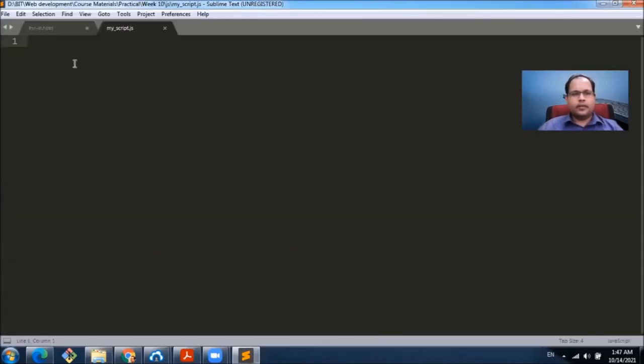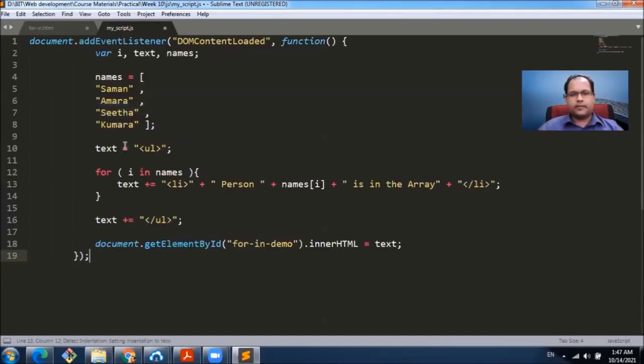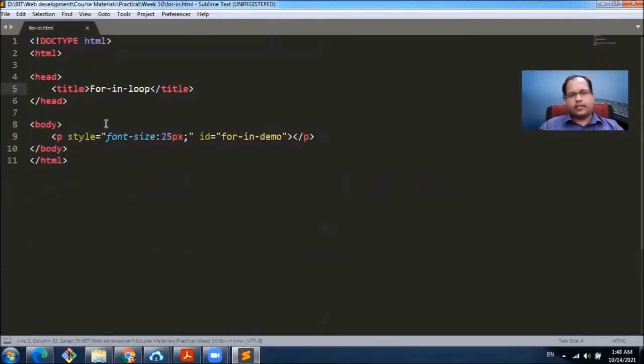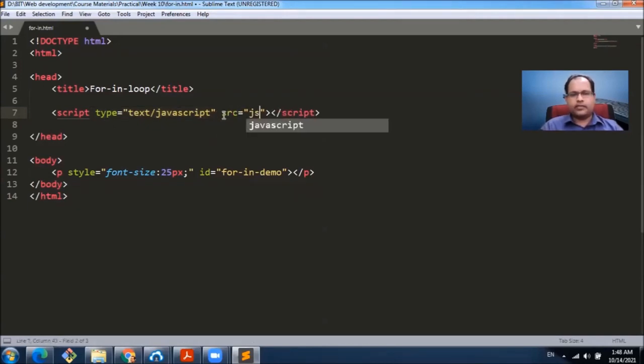And then paste the contents here and save it. In the head section, let's create a script tag and mention the src attribute as js/myscript.js.